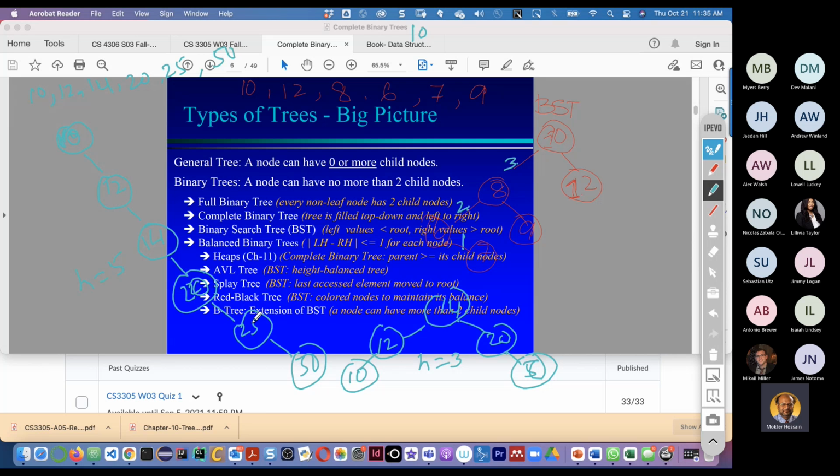1, 2, 3, 4, 5. So here it is growing linearly, and this one is growing logarithmically. Its height will be logarithm of n, and your height is n. Your height equal to n. 1, 2, 3, 4, 5, 6, and then 3 n. Okay, so big O of n.